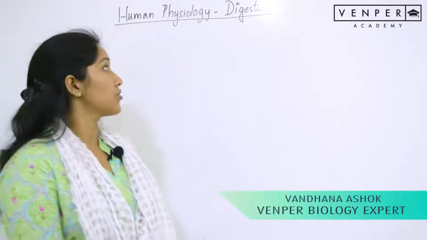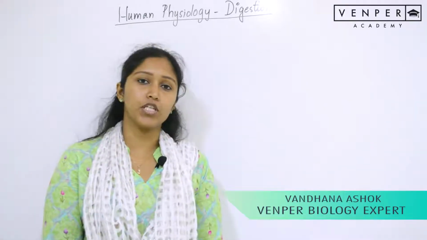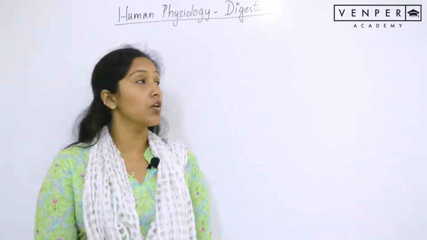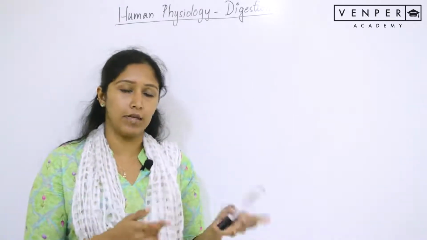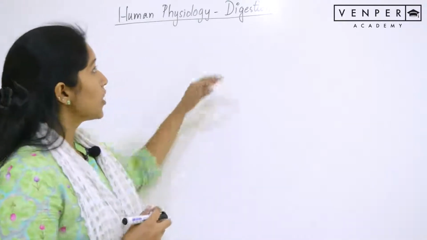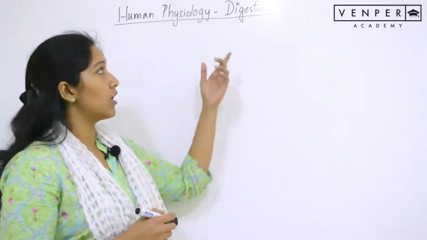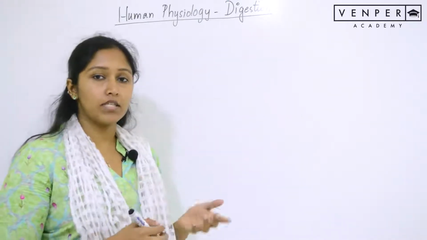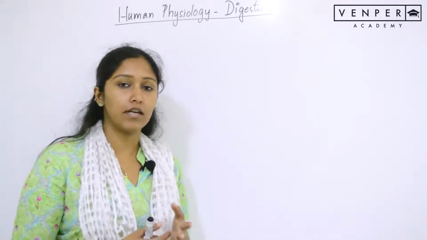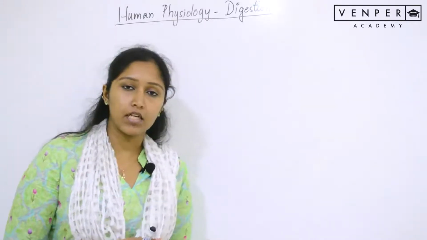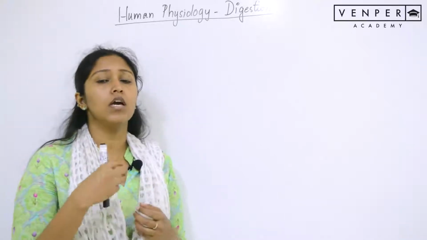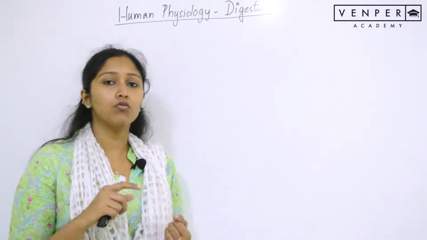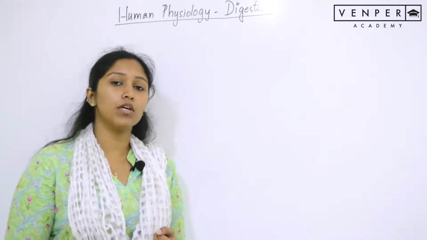Today we will be seeing the chapter Digestion and Absorption. It is the first chapter in your human physiology, which is an important chunk in your NEET syllabus. So to start with, let's look at what is digestion, how it is done, what are the various organs that are involved and what are the glands that are involved in it, how actually the digestion process takes place because of the secretions of the gland, how the food is absorbed, and finally we look at what are the diseases